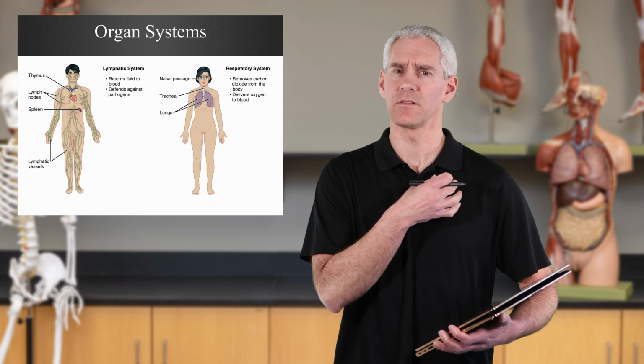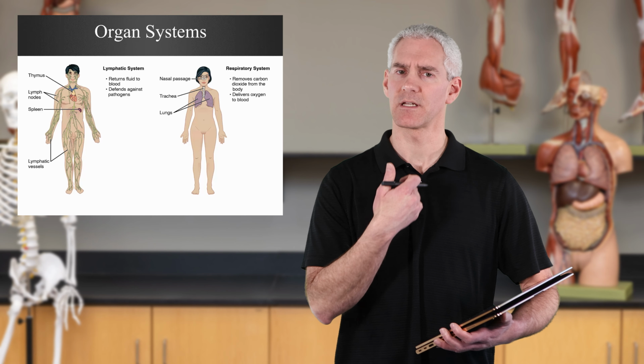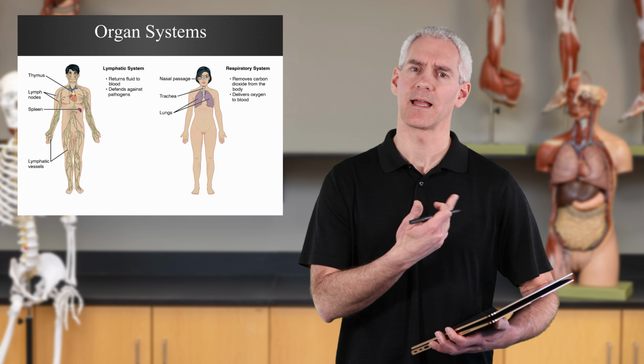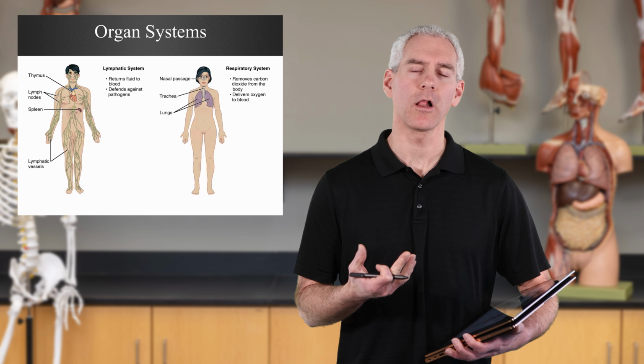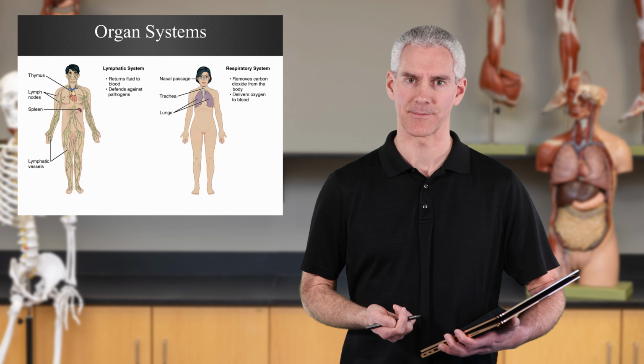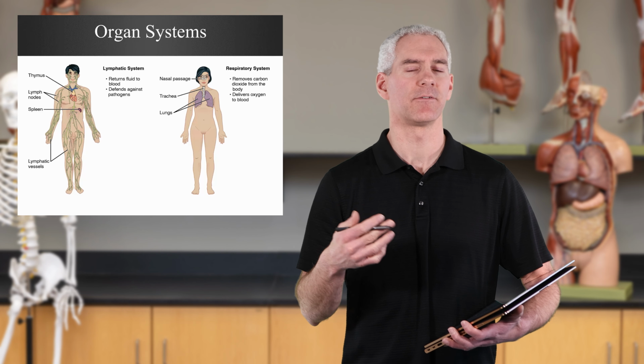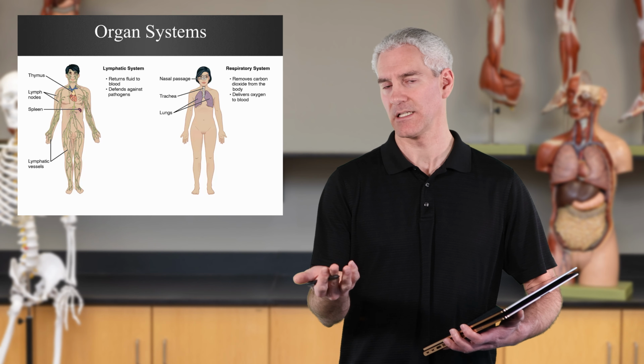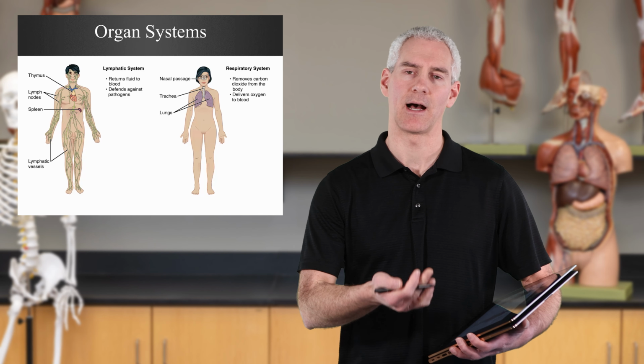The other one here is the respiratory system. Respiratory system, think lungs. You have the trachea coming down. You have your bronchi and bronchioles. It's all about how the air is brought into your body and then exhaled back out of your body, allowing for the exchange of oxygen and carbon dioxide, as well as other gases, into and out of your body.